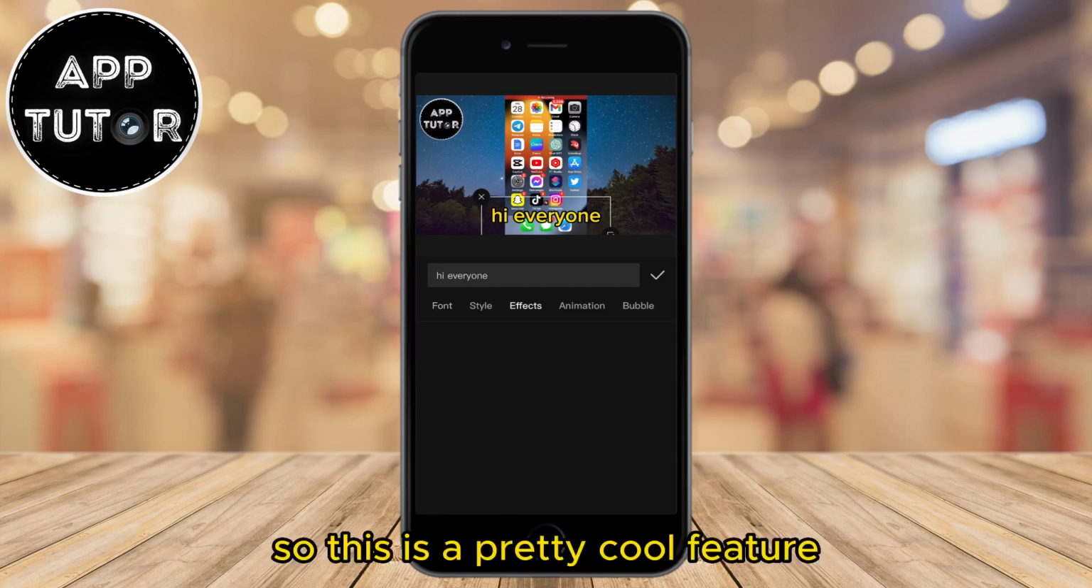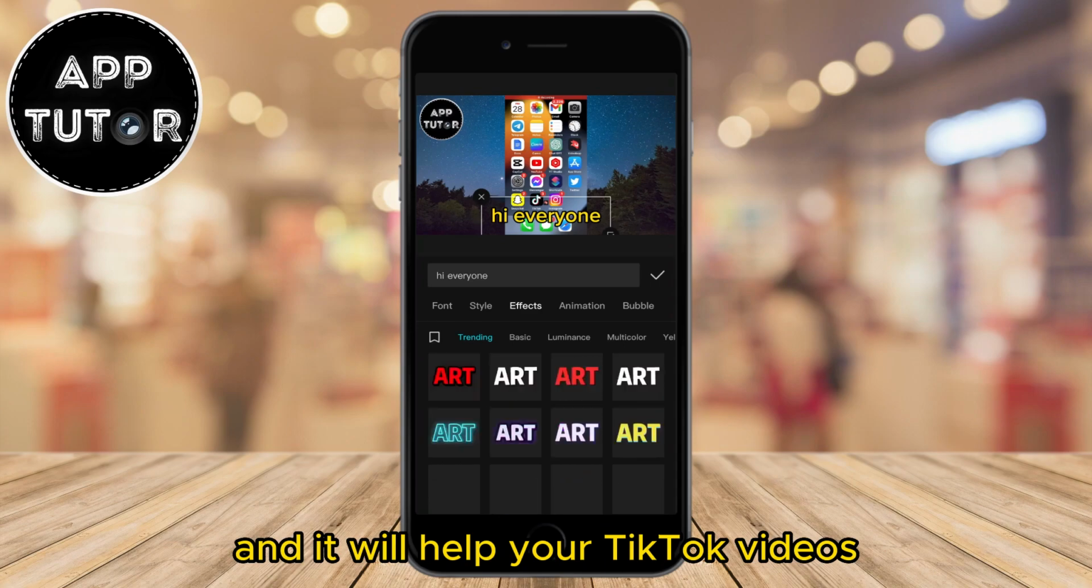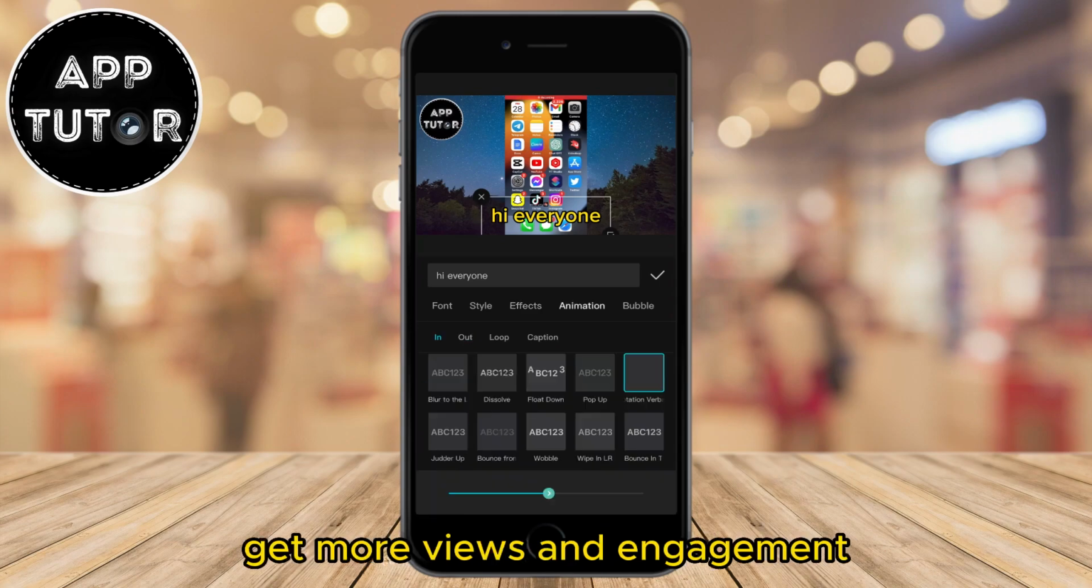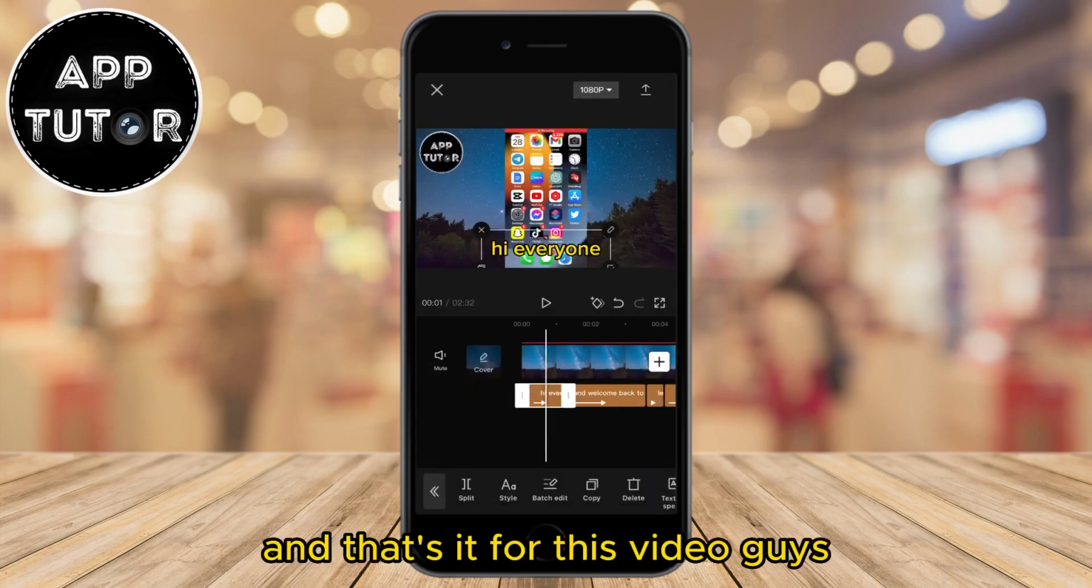So this is a pretty cool feature, and it will help your TikTok videos and other short-form content get more views and engagement. And that's it for this video,